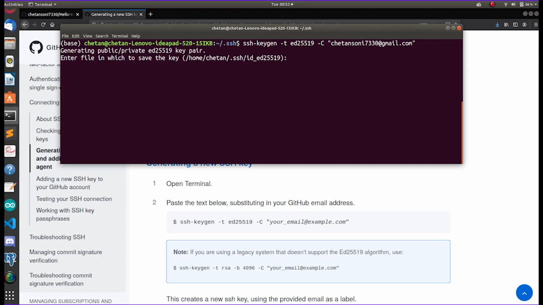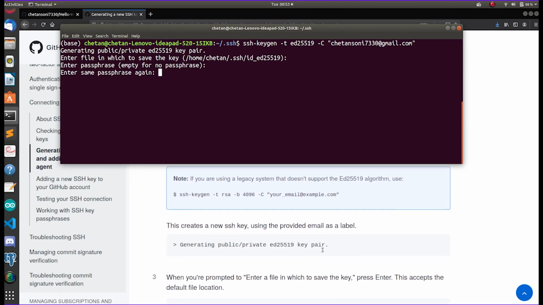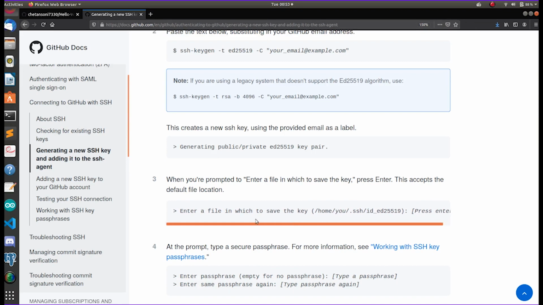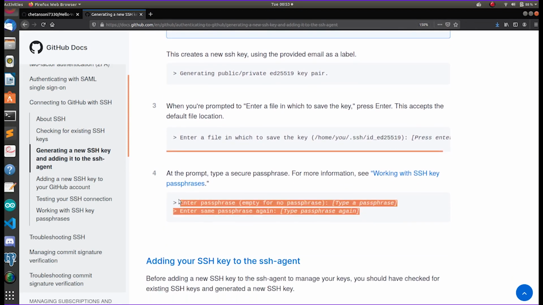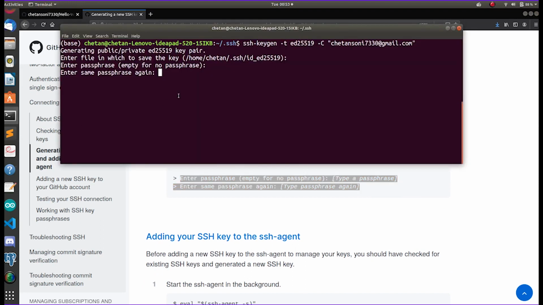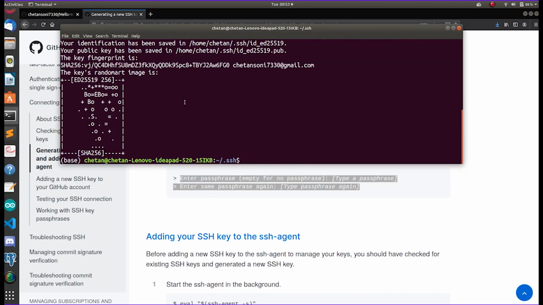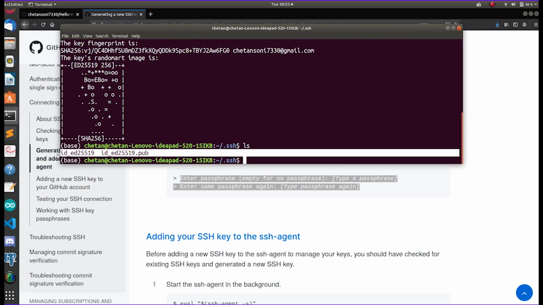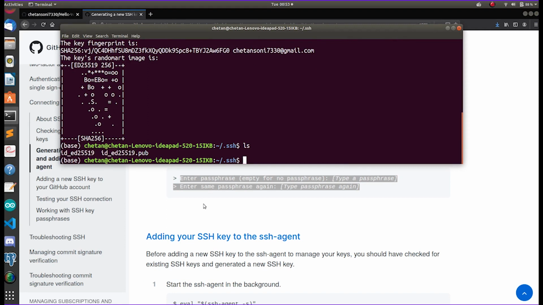Here it is asking where to store those SSH keys. So back home, .ssh, and in that folder I am going to store them. Now here we have to pass the passphrase. A passphrase means a password, which you only have to pass one time, when you log in the first time to the GitHub repository. So just remember that. We have successfully created our SSH key pair. Let's check it. Here we have those two files, the public key and the private key.